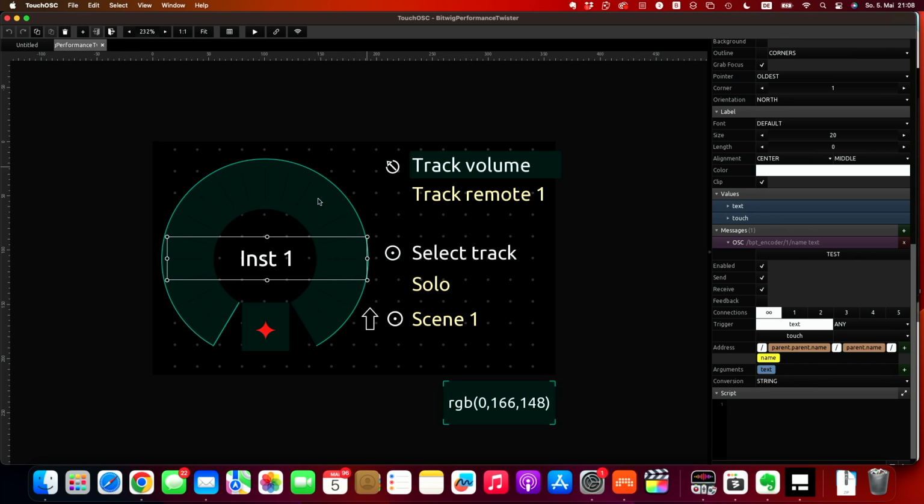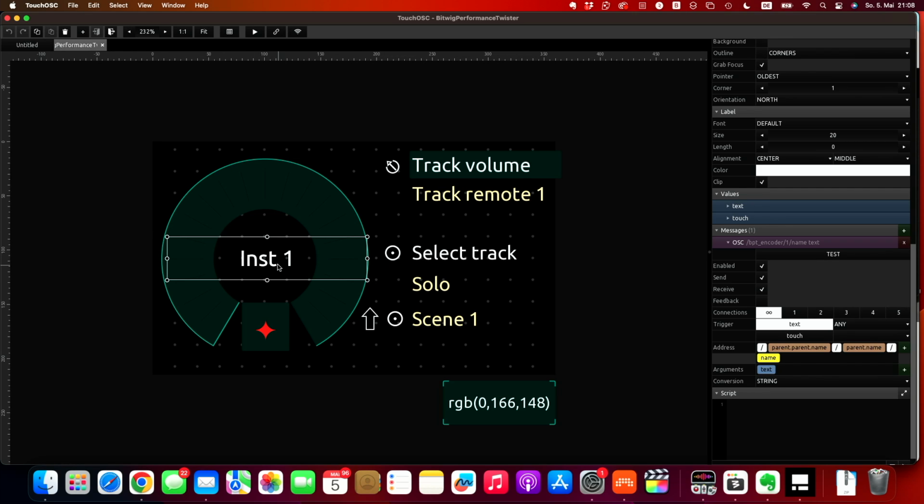When Bitwig via the script sends a message with the label BPT encoder 1 name, then it applies within the name a string, and that string is then sent to the text, which just simply shows in the label here